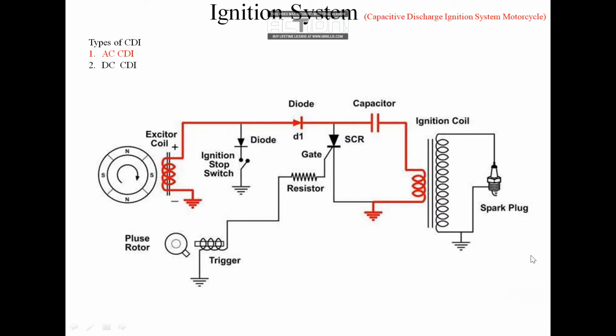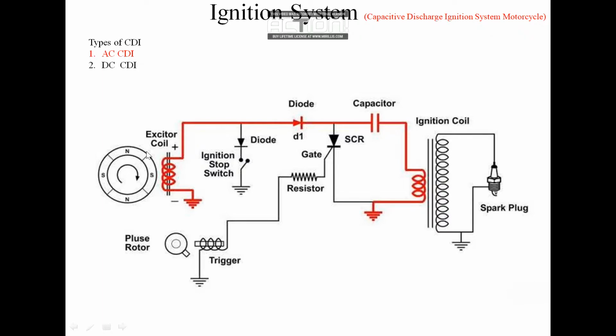Now, in this video, we will see how the working of AC CDI takes place. First of all, we must know why this CDI system is called an AC CDI. In the previous video, I told you the magneto consists of three coils basically. One is the starting coil, exciter coil, or power coil. Second is a pickup coil, and third one is our lighting coil, which gives power to our accessories, our headlights and other lights, whatever we are using on our vehicle.